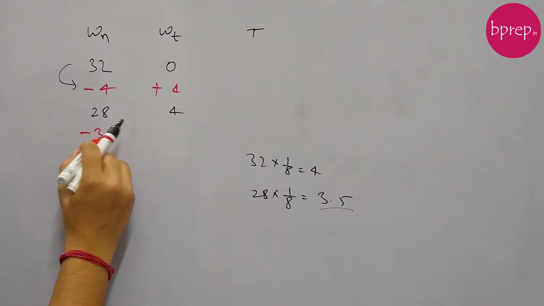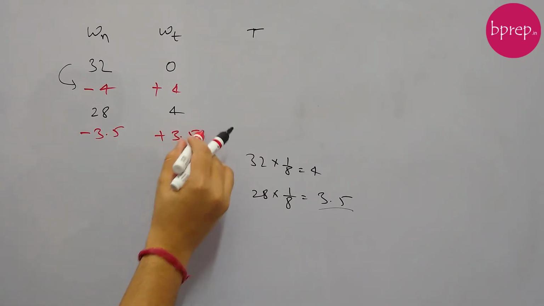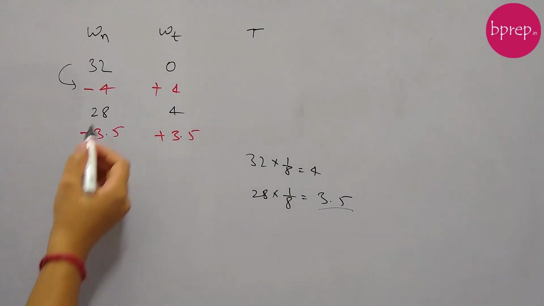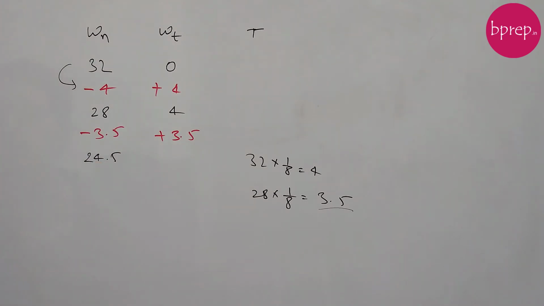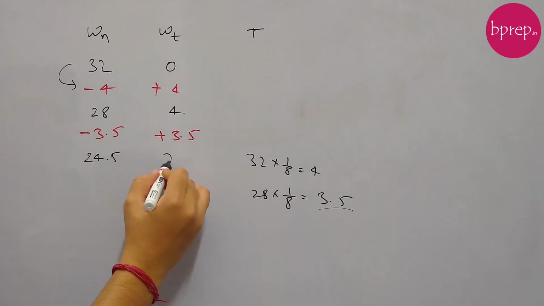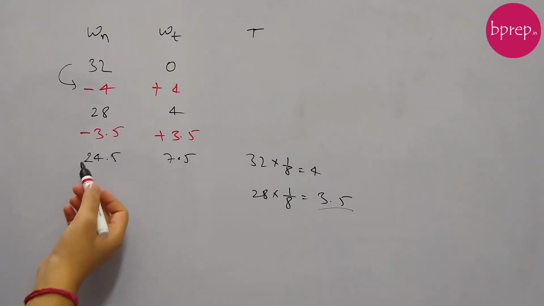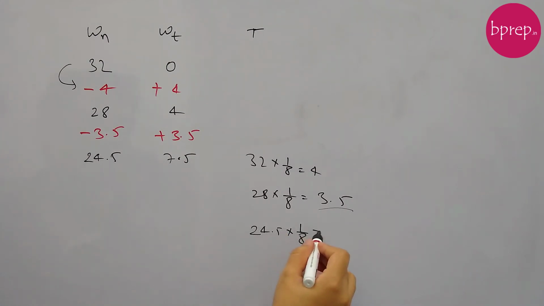So here 3.5 liters of wine we are taking and water is getting added 3.5. Okay, so the resultant mixture now is 28 minus 3.5 is 24.5 liters of wine and 4 plus 3.5, 7.5 liters of water we have. And this is done 1 more time. So now we have 24.5 into 1 by 8th of wine is again taken out. Okay, so this is